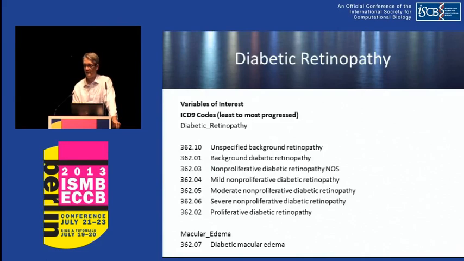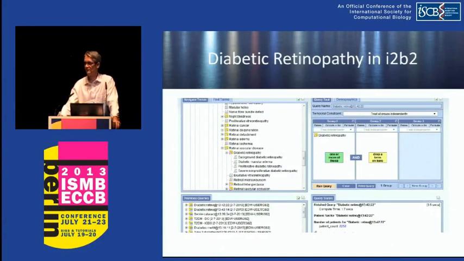And then we've loaded that into a fairly highly used software program called I2B2, which sits on top of a data warehouse. It's a way to do analytics on a data warehouse. And I know it's a little bit hard for folks in the back to see, but when you select diabetic retinopathy and you see various subterms, you can actually run I2B2 and in a matter of seconds get back a